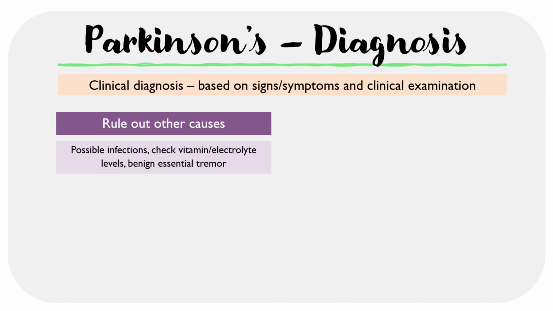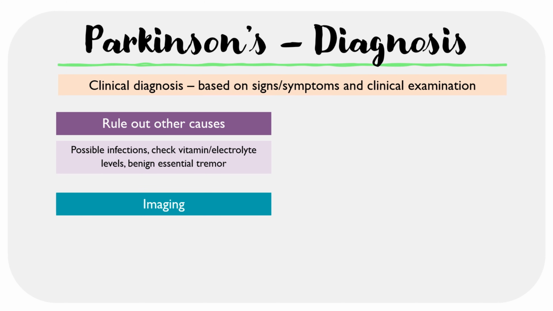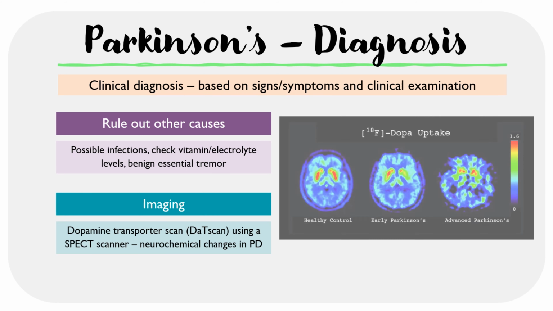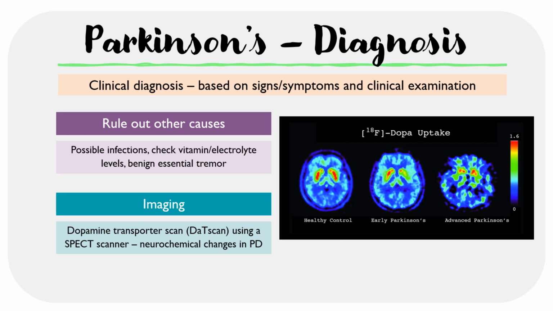In some instances, imaging may also be performed, and this usually involves a dopamine transporter scan or a DAT scan, which looks for neurochemical changes associated with the condition. And just as an example, we have an image of 3 different brain scans showing a healthy control, early Parkinson's and advanced Parkinson's, and the main change to note is that there's reduced striatal dopamine availability according to these scans